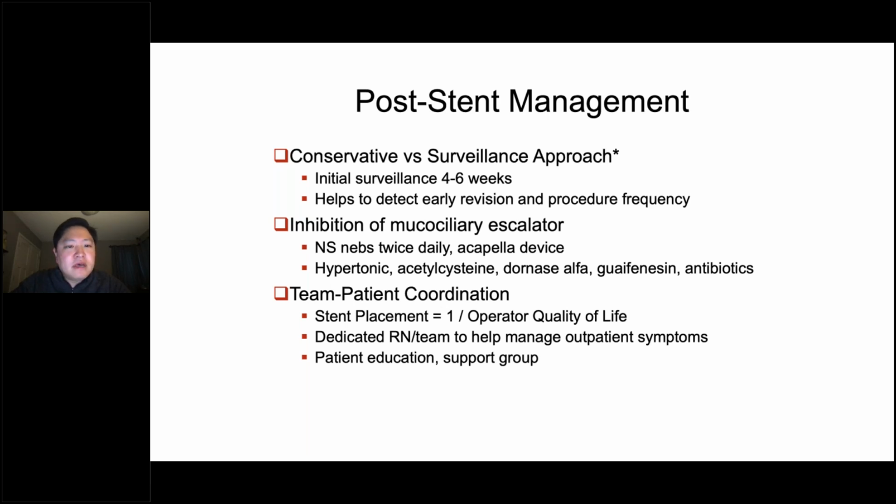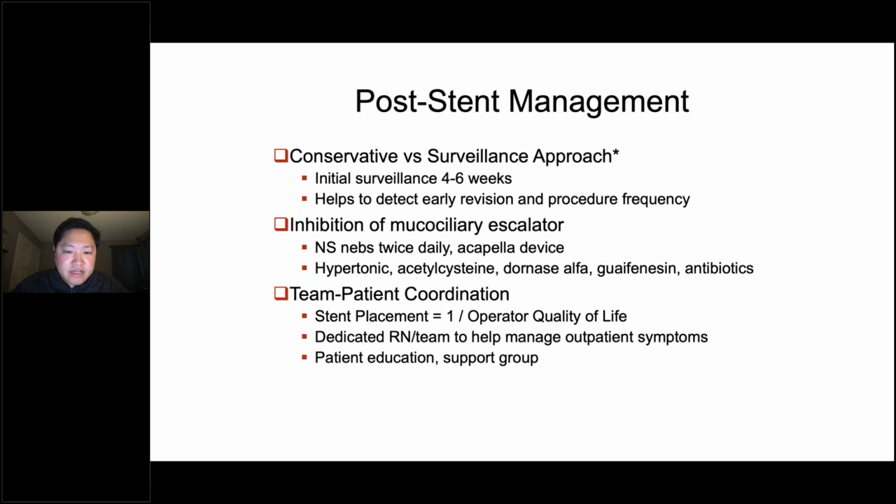Post-stent management. So there's a conservative versus a surveillance approach. We take more of a surveillance approach. Once we place a stent, we repeat the bronchoscopy in 4 to 6 weeks. And then every surveillance gives us data points to determine how often we should be doing the bronchoscopies. The stents inhibit the mucociliary escalator, so we give them a stent hygiene regimen,